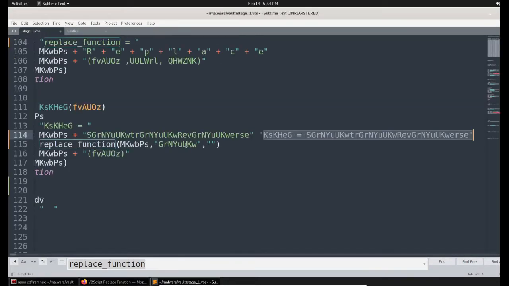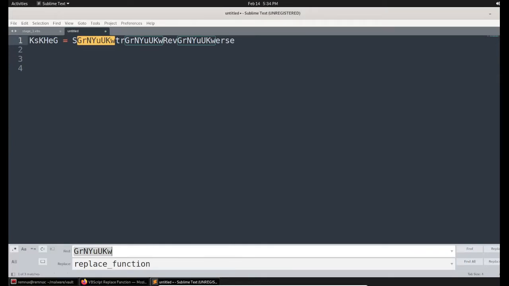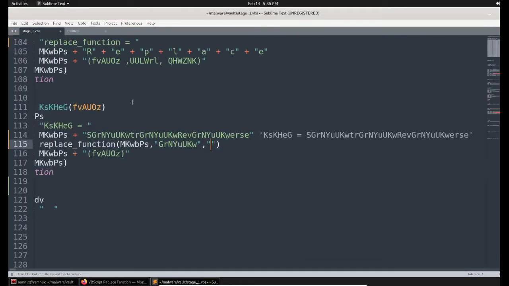So what sort of operation is it doing? It is trying to find this string and replacing it with the empty string. It's a replacement operation. So let me search for the string and press Control H to go to the replace tab, and I'm clearing it. It is an empty string. Control Alt Enter once again to string reverse. So this is what the value is now.